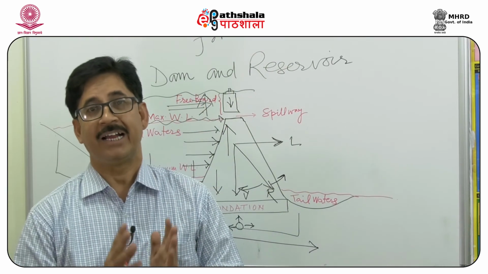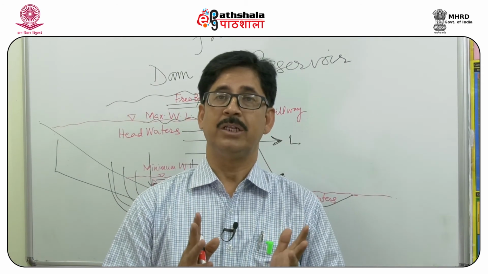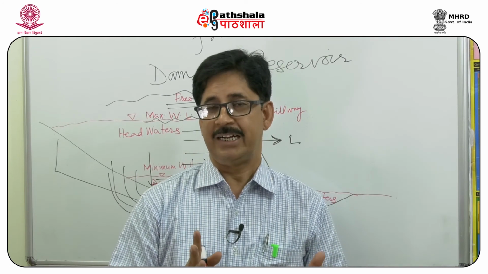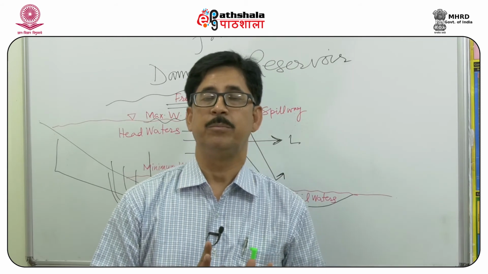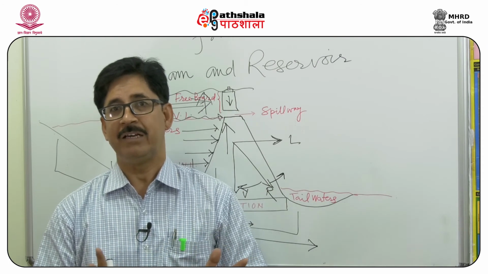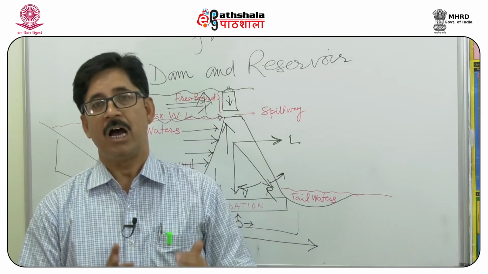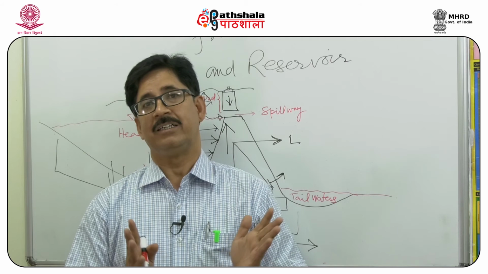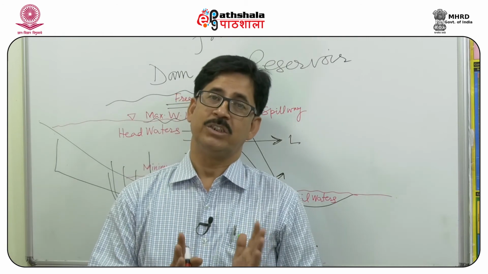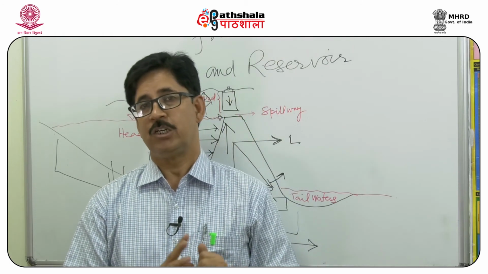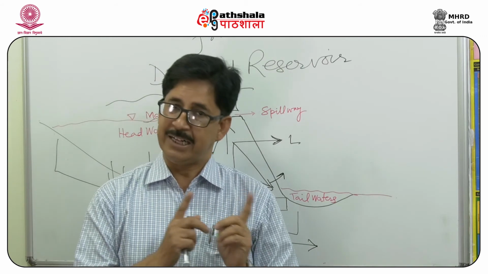Apart from that, the structures which are present in that rock are going to control the behavior of that rock mass. And here joints are going to play the most important role, because the overall behavior of the rock mass will depend on how many fracture sets are present, how they are oriented, what their density is, what their numbers are, what the aperture conditions are, and what their lateral and vertical persistence is. So ultimately it is the joints which are going to control the behavior of the rock mass.